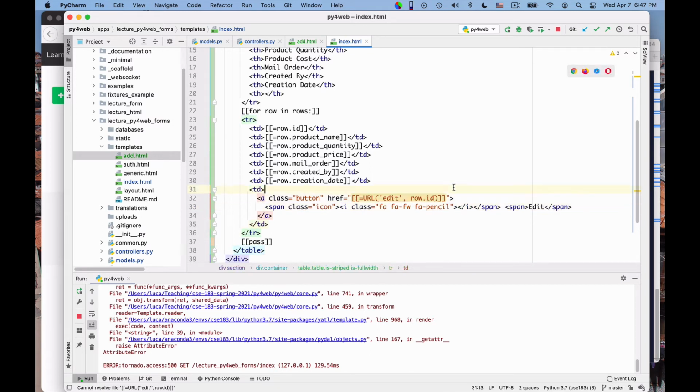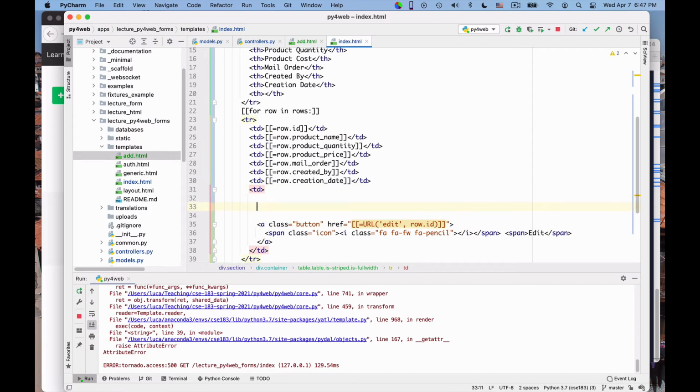So the URL helper, let me write above just a scratch, but if I say URL of edit, and here I say like Luca, and here I say XYZ, and XYZ have values 1, 2, 3. This produces the URL: edit, actually app name, so the application, then edit, then there will be Luca, then there will be 1, 2, and 3. Okay, so the various components of the URL helper are concatenated with slashes.